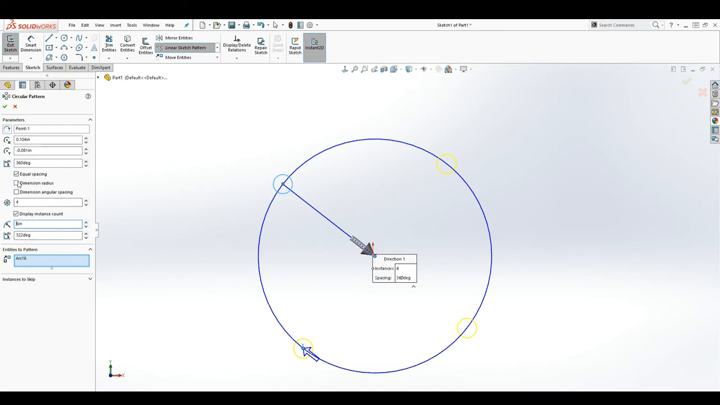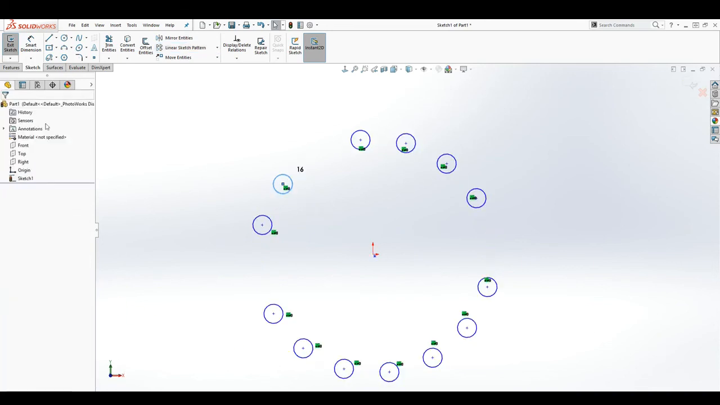And another thing you can do is equal spacing. You'll be using that a lot, and you can tell it how many instances you want in your circular pattern. So let's do 16, and we can also do instances to skip. So we can skip that, we can skip that, we can skip that, and press OK. And there you go, you have your circular